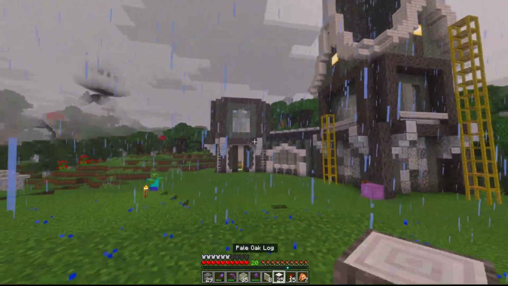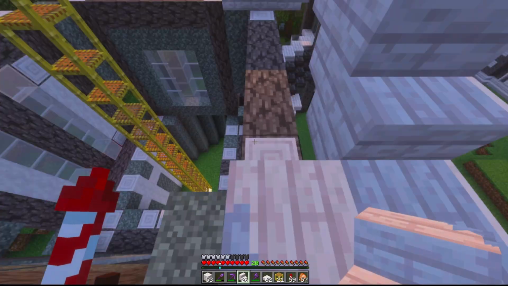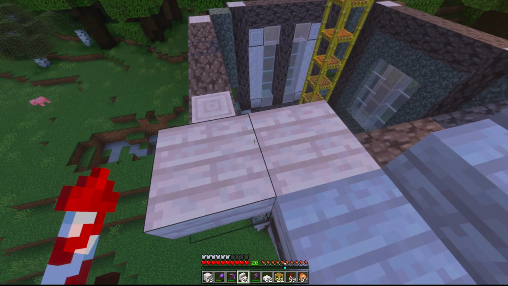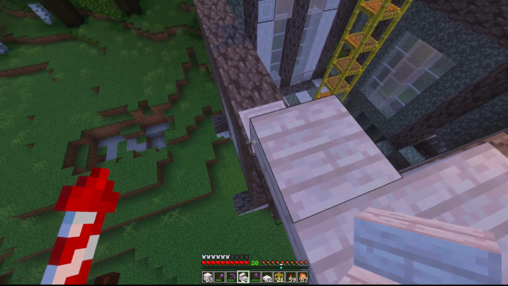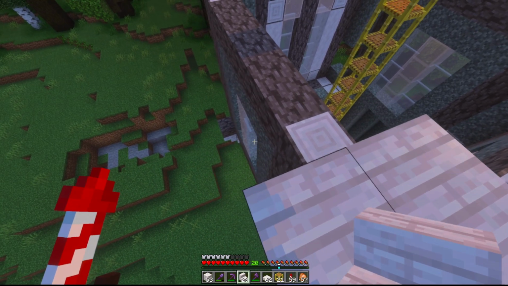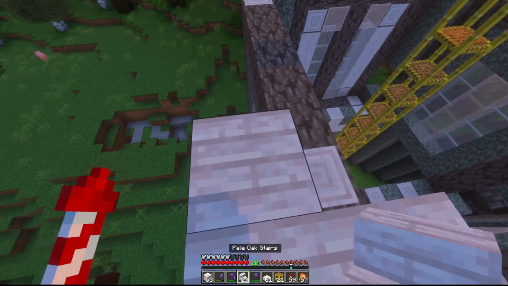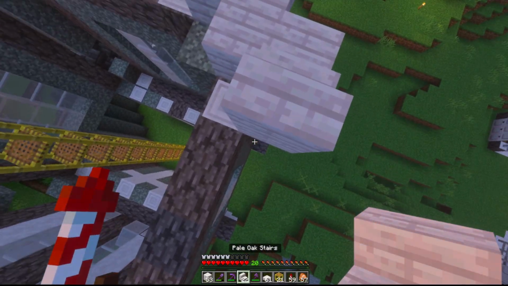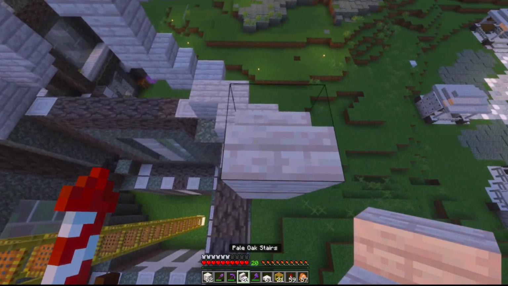I think it looks really good. You could just have it be flat with panes or glass tiles if you want though. But now we're gonna build another roofing section, but this is actually gonna be just for decoration. So upside down stairs, we did upside down stairs going along the border there of the diagonals, then a slab, a stair, upside down stair, one plank, stair, upside down stair,